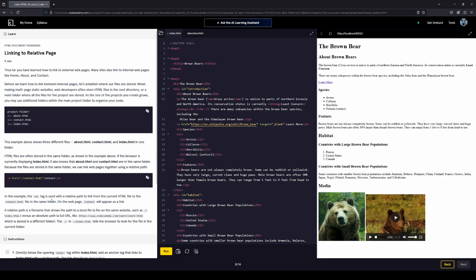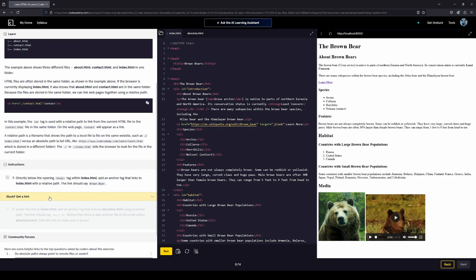In this example, the A tag is used with a relative path to link from the current HTML file to the contact HTML file in the same folder. On the web page, contact will appear as a link. A relative path is a file name that shows the path to a local file, a file on the same website, such as index, versus an absolute path, a full URL. Okay. A file stored in a different folder would need a different path. This tells the browser to look for the file in the current folder. Okay, so directly below the opening body tag,